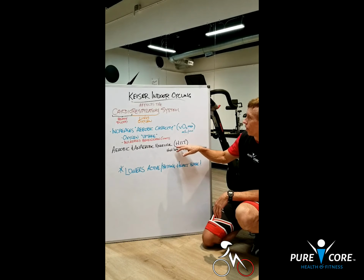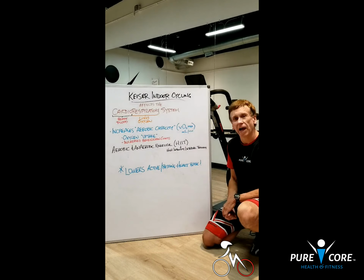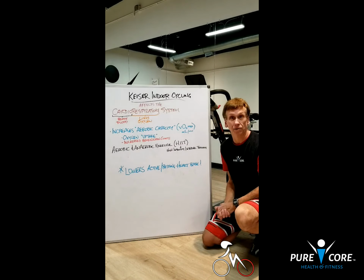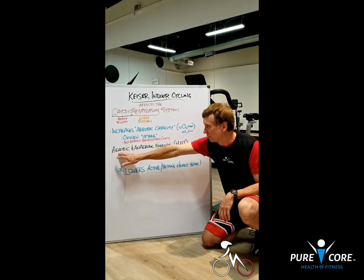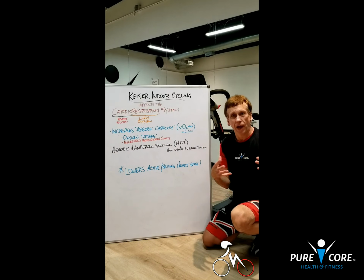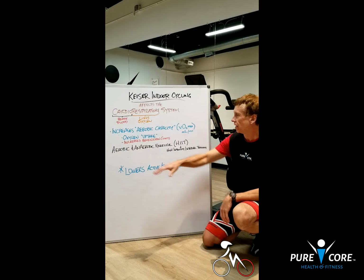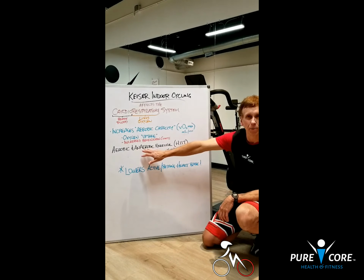One of the ways to do that is through this concept called HIIT, which is high intensity interval training. It's a popular type of training now. It can be done off the bike and on the bike, and we do high intensity interval training here on the bike. If you're doing aerobic training, you have the ability to take in oxygen and feed your muscle systems. What you do then, if you go to more advanced training for short periods of time,